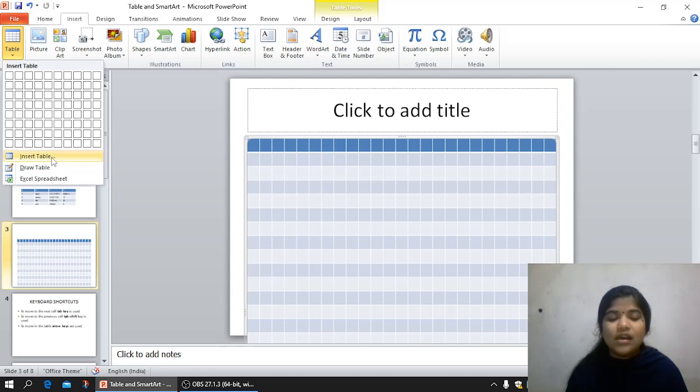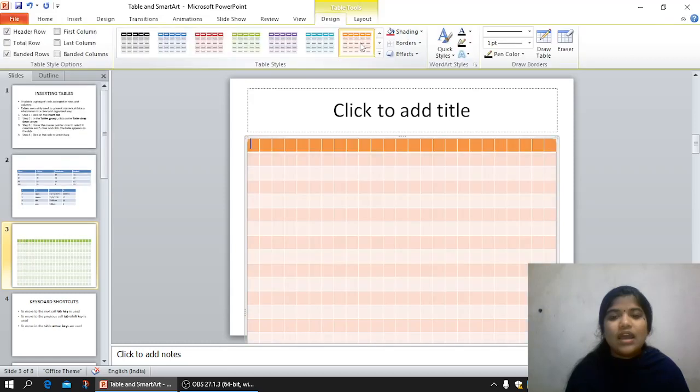And after inserting any table, you will get two more tabs. What are they? First one is Design, so that you can choose any designs from this area. You can fix any shading, any border effect, anything. The next tab which we got is Layout, so that we can edit our table with our customized needs.